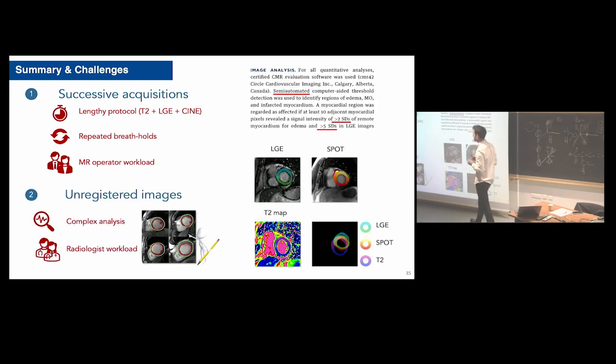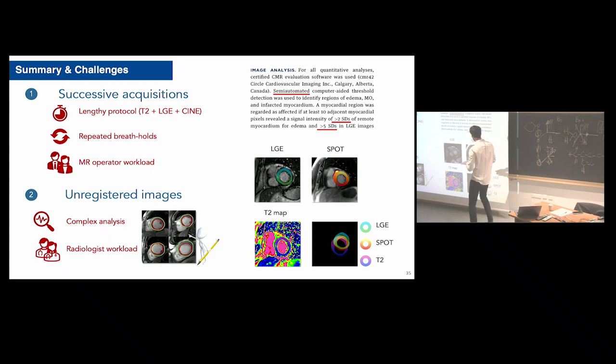And then the problem is that, apart from CNA, the analysis is not automated. We have to do this manual segmentation. But since we are using 3 different sequences, they are not registered between them. So the radiologist really had to draw these circles on all the images we collect. He's not going to do it once and then propagate the contours on the T2, LG, CNA. They have to do it on all the images. 3 different sequences, 3 different breath holdings, different acquisition parameters, different resolutions, so there's no way we can overlap these